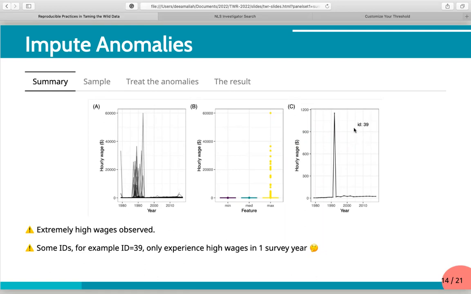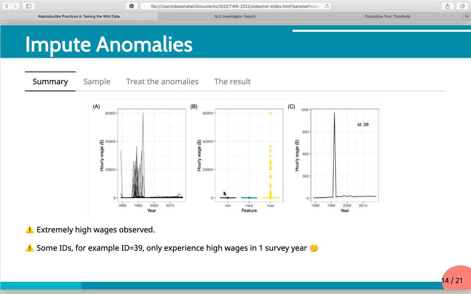So we try to randomly get one ID, and we see here that it's quite suspicious, because this respondent only has one period of time with really high wages, and in other years they just have this kind of wages.